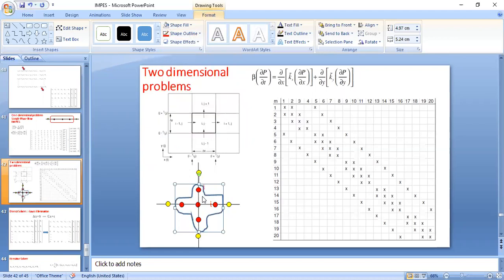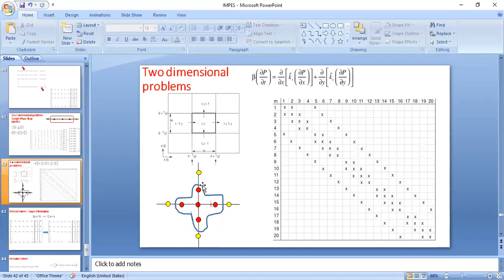Every computational stencil will involve these four neighboring nodes and the node of concern. So these five nodes, so you will have five unknown nodes. Okay, so this equation will lead us into p of I minus 1, p of I, and p of I plus 1, and p of j minus 1 and p of j plus 1. So we will get five unknown pressure nodes, and so you will end up in an n cross n matrix with five entries, which means we will end up with a pentadiagonal matrix.